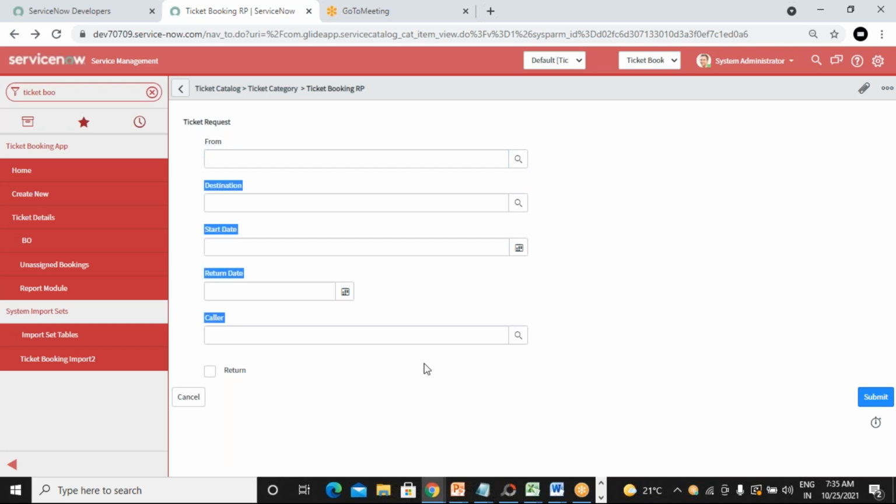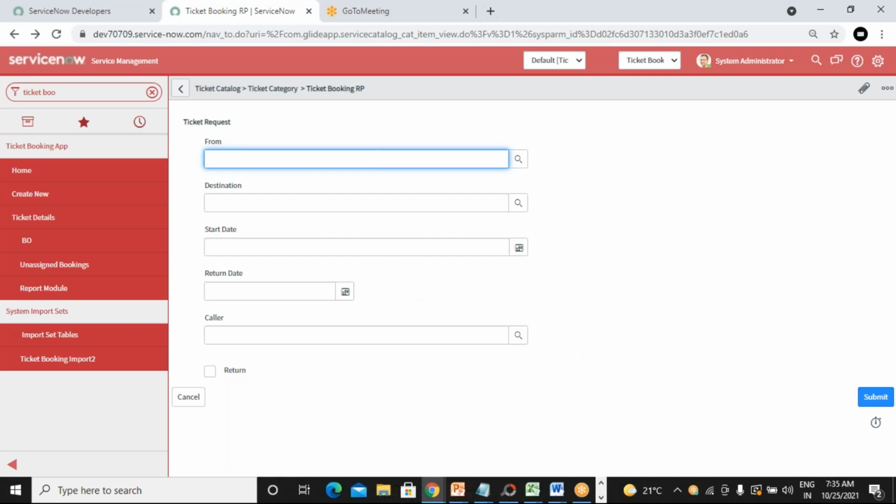As I said earlier while discussing the service portal, we are giving a separate, alternative UI to the end user through the service portal. The service portal works like self-service, and we will configure this record producer in the self-service so that you can access this form, submit a request, and track the request.